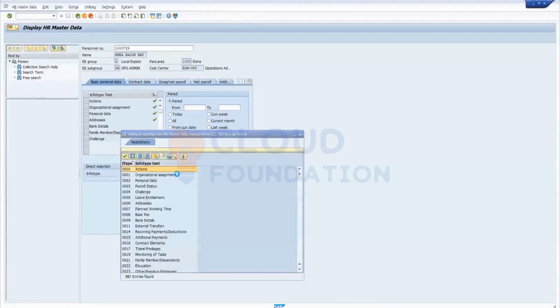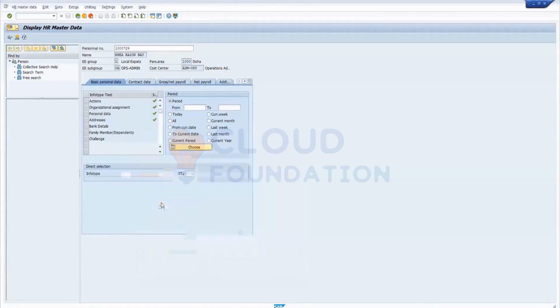Direct selection, infotype. You want to see the address. Are you able to see? What data do you want to see? You want to see the address data. Then select this one. Now display.